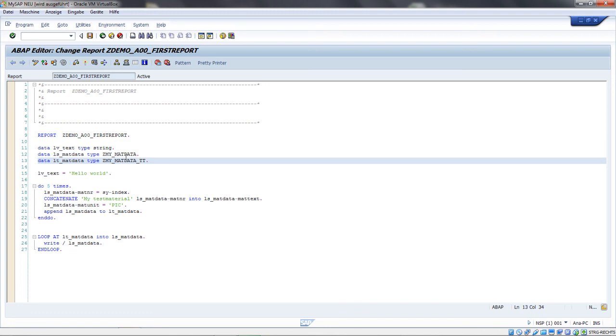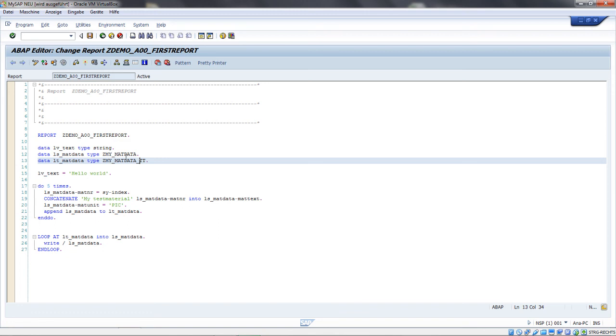So to guarantee this, it's better to define the material number once in the ABAP dictionary, and every program, every application, or every user works with this,